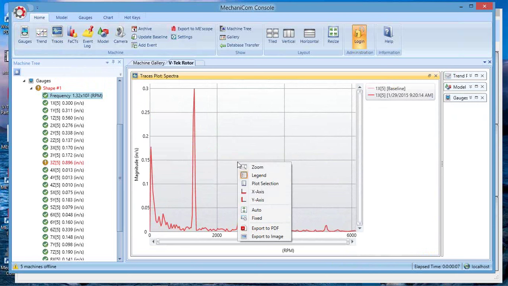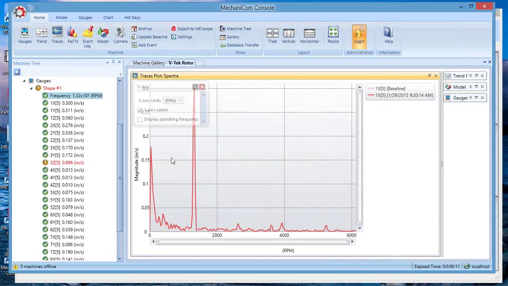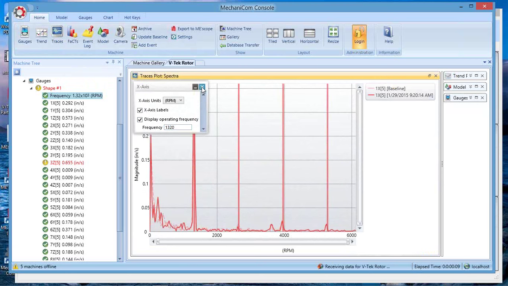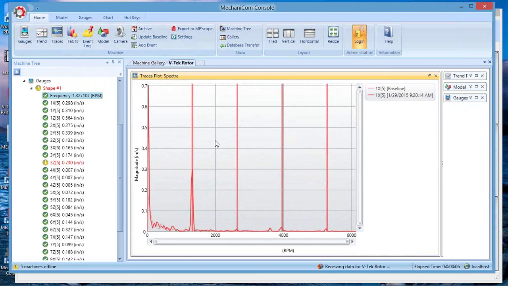and you can go to X-axis, which gives you your options for the X-axis. And it gives you the ability to overlay the operating frequency and the multiples of that. So that's basically the running speed. So if he clicked in there and typed in 1320 and then clicked outside of it, it's going to drop the running speed lines at all the multiples. Now if this went out to 30,000 RPM, you're going to see at every multiple of 1320,